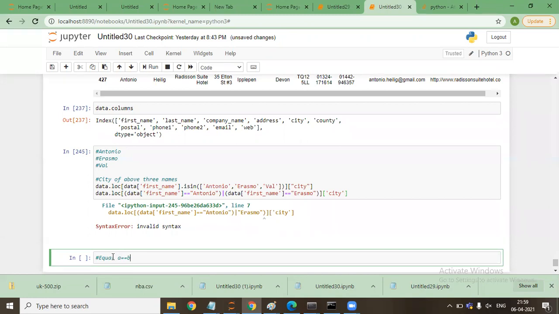So okay, let me ask you guys. One is this, and second is A equal to B. What is the difference between these two statements? First is comparator, second is assignment.